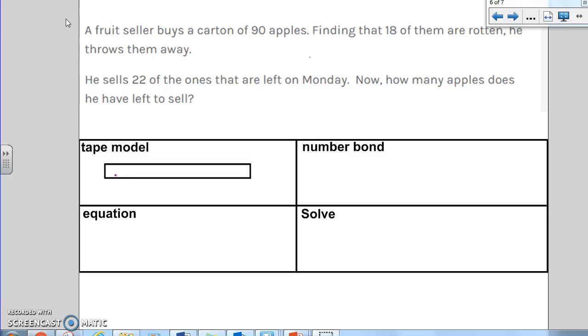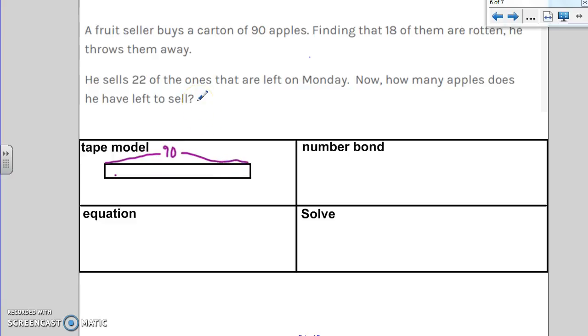to sell? So I know that the first thing that we need to do is definitely find out how many apples he had left after he threw the ones that were rotten away. If you don't have your morning work journal and pencil, you need to make sure to have that out. And I'm going to draw a tape model that represents how many apples he started with. So this tape right here